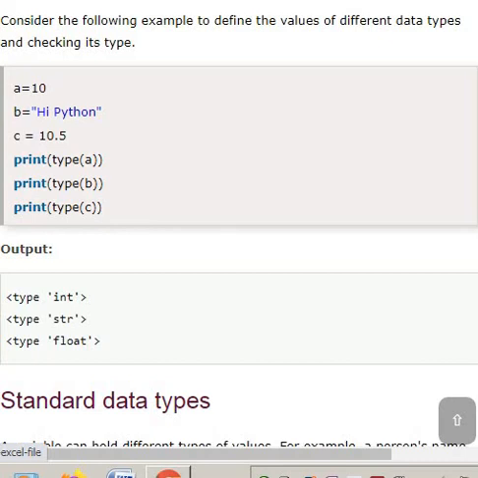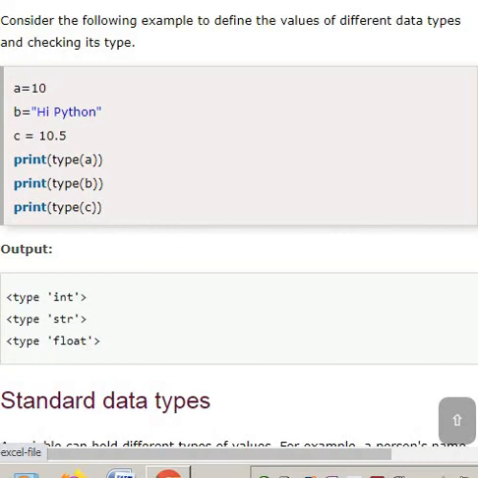As we discussed earlier, we have an inbuilt function, type, which is used to find out the type of the data we used in things. And here look at the output.